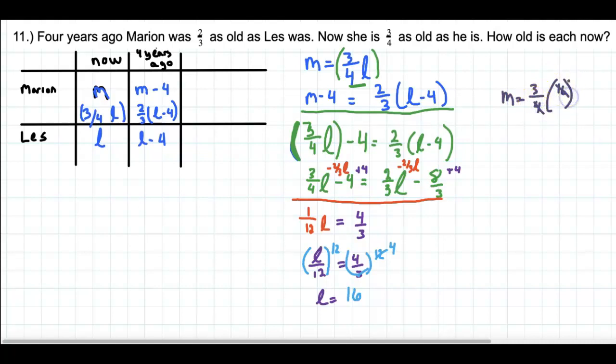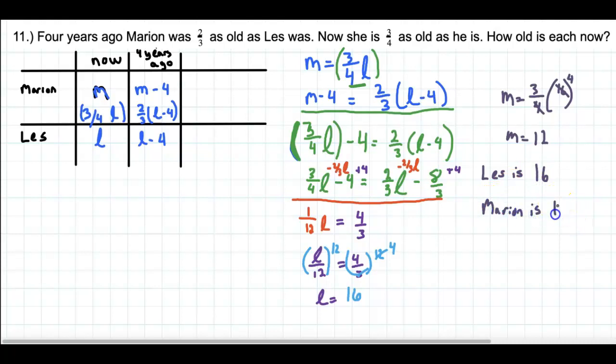Right? So that is 12. Okay, so we're going to say Les is 16, and Marion